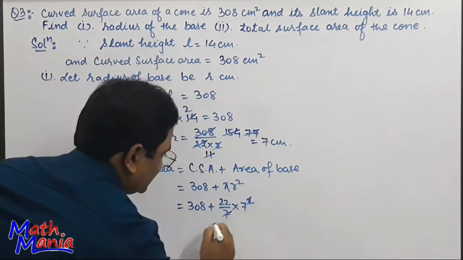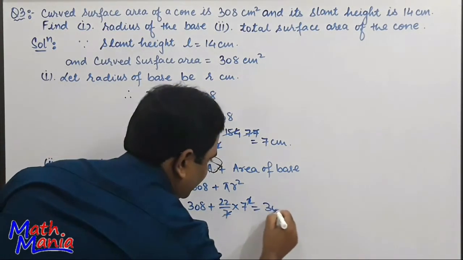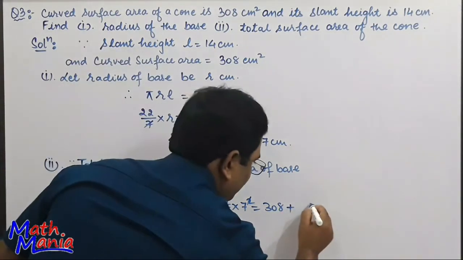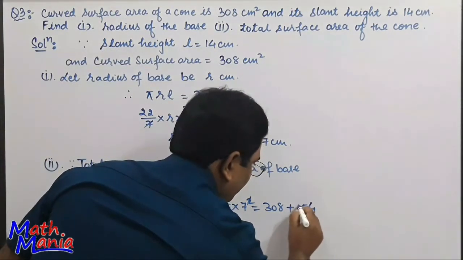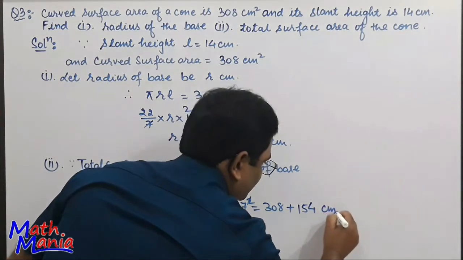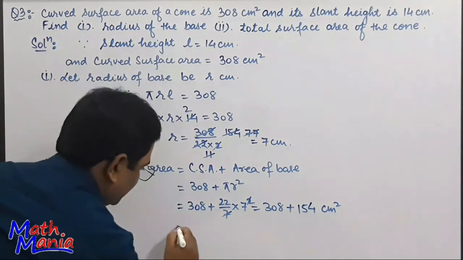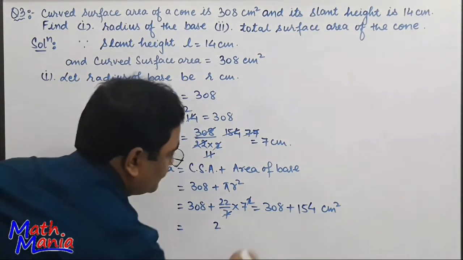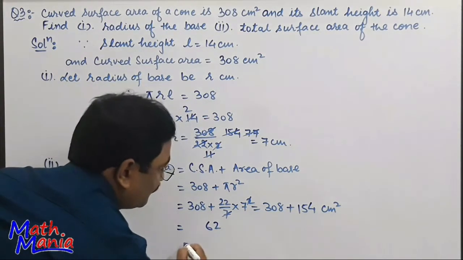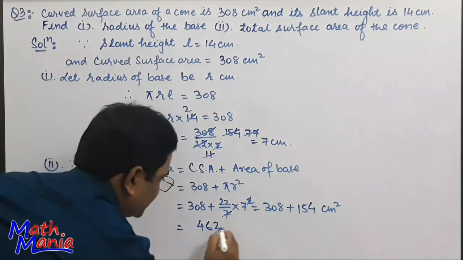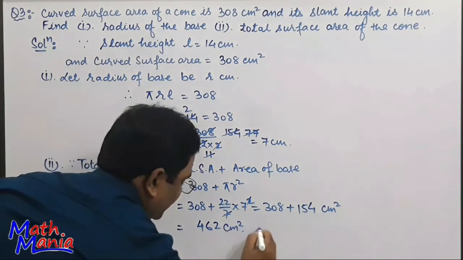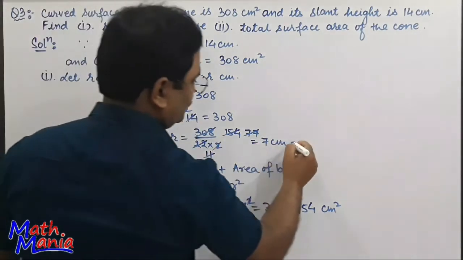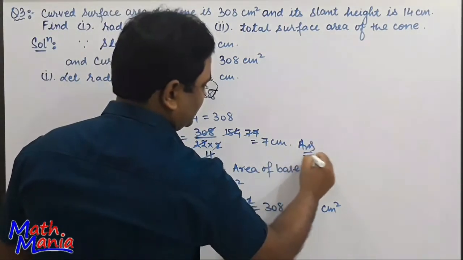So 1 7 is cancelled. Therefore 308 plus 7 2s are 14, plus 1 15 centimeter square... 154. So solve it. 8 plus 4 is 12, 5 1 6 and 3 1 4. 462 centimeter square is the total surface area of this cone, and the radius of base was 7 centimeter as